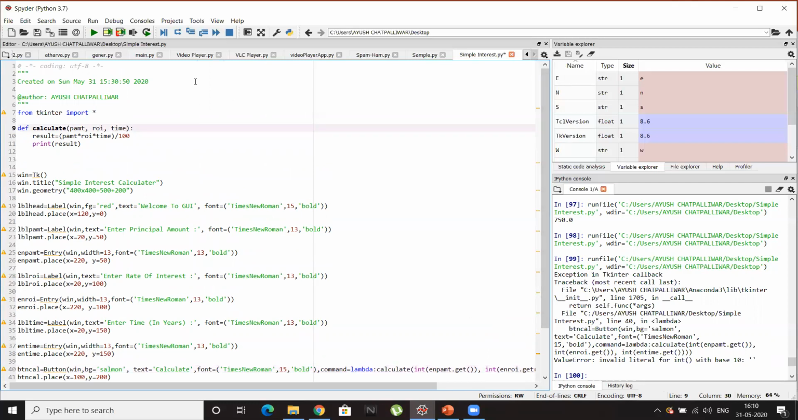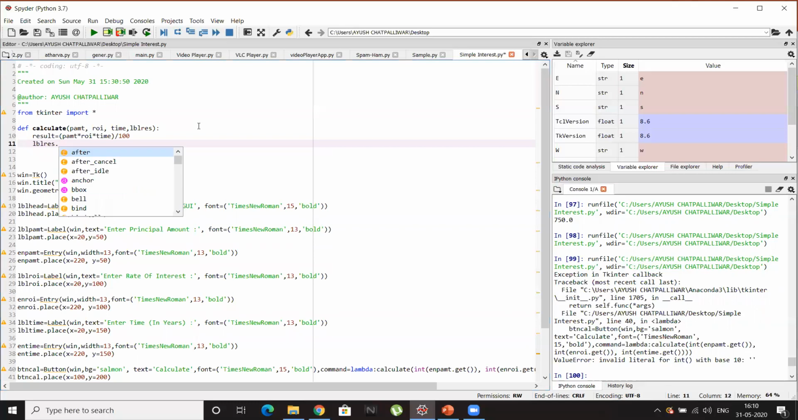Since I'm sending it from here, I need to catch it here also. So here also I will add one attribute, lbl_res. So instead of this print statement, I'll just print that on the GUI, using this label dot config function. With config, we can change the text of this label. Meaning on the click of this calculate button, the text of this label will be